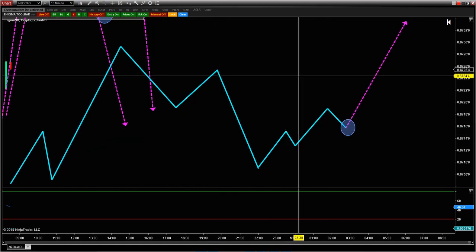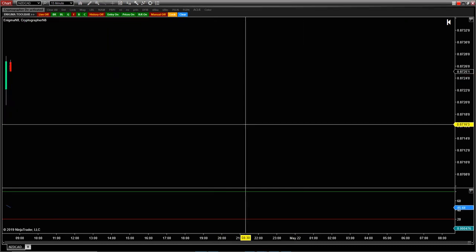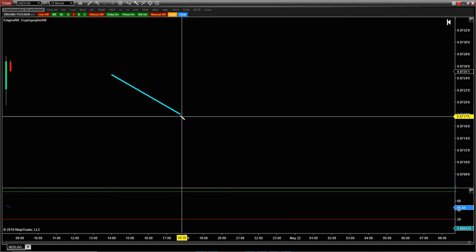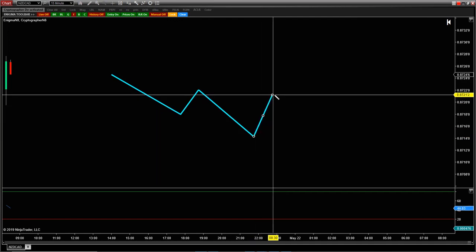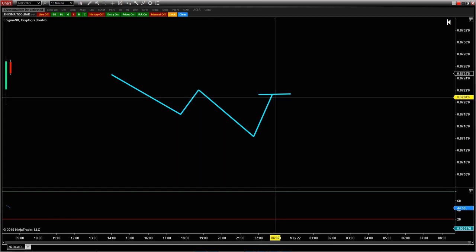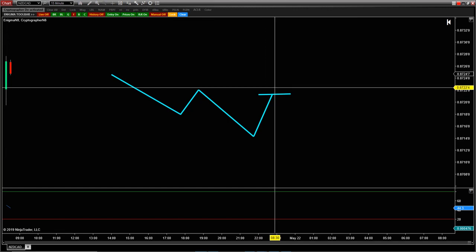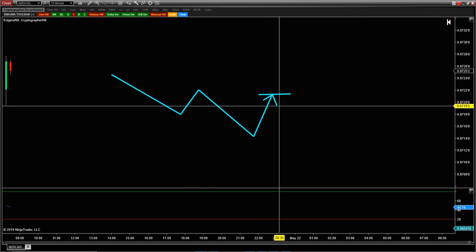Because if you think about it like this, right? And we just delete this stuff for a minute. You guys know how I enter trades, right? I love my pullback trades, right? How do I enter pullback trades? I'm a counter trend trader at heart. What do I look for, right? I look to sell when the market does this, right? This is a counter trend method. Why? Because I'm selling while the market is going up. That's a counter trend method.